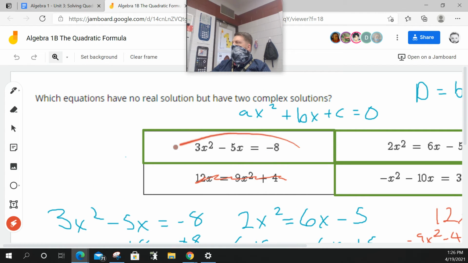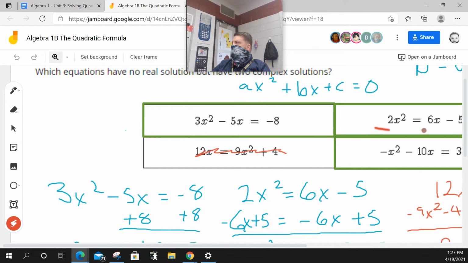This one is complex. All right, so when you go to do this online, you're going to click on the ones and highlight the ones that are complex. So you would click on this one. For this equation here,